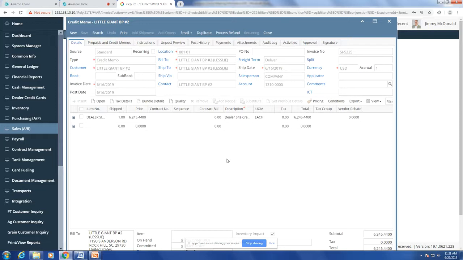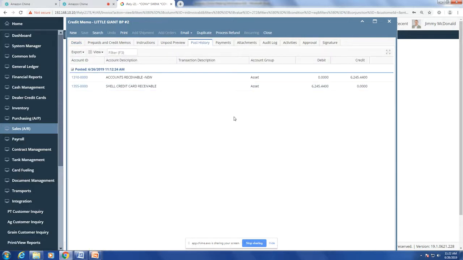In the item number, unapplied cash is what it creates for Origin. We have to create two different item numbers in I-21, and that's because that's what we insert as a line number or an item code within the invoice detail in the credit memo, so it knows what GL account number to use. So this is the dealer side credit fee, and then if you look at the post history tab,